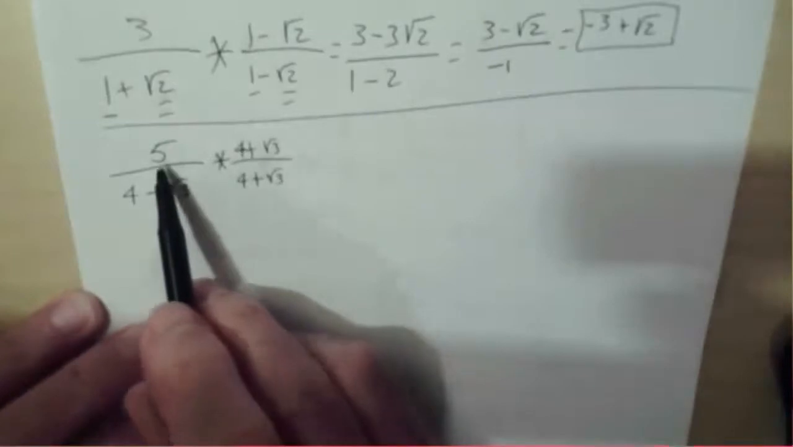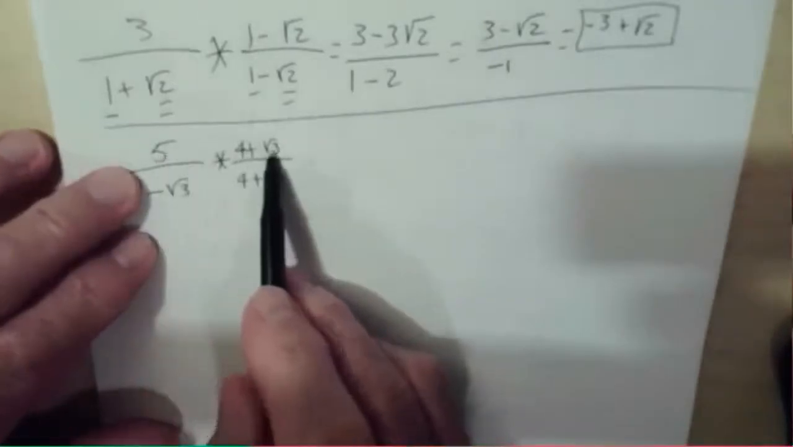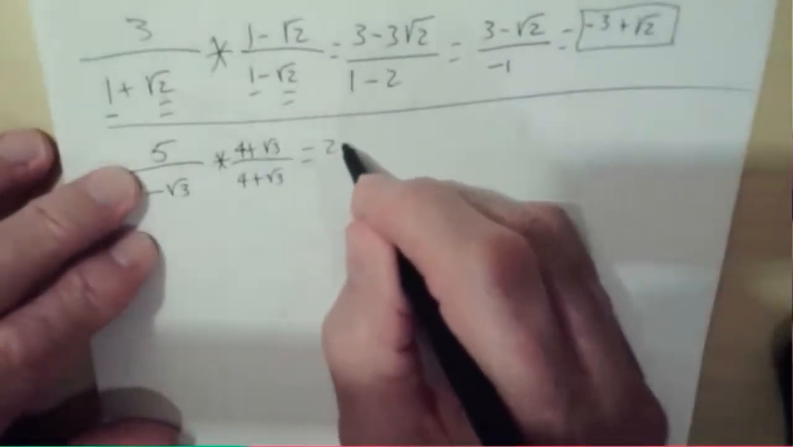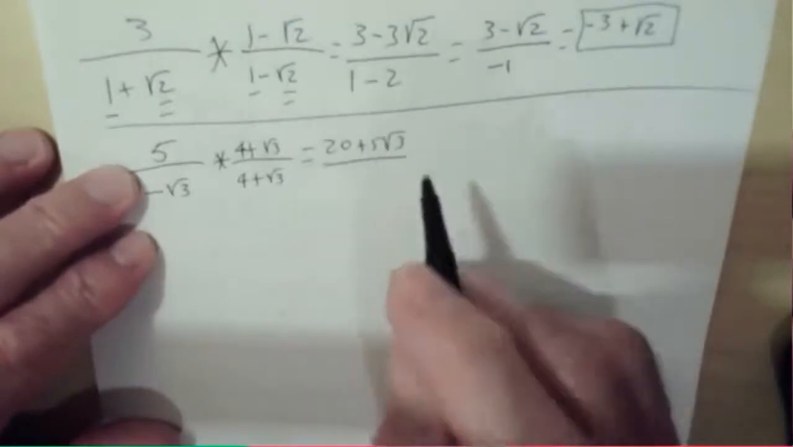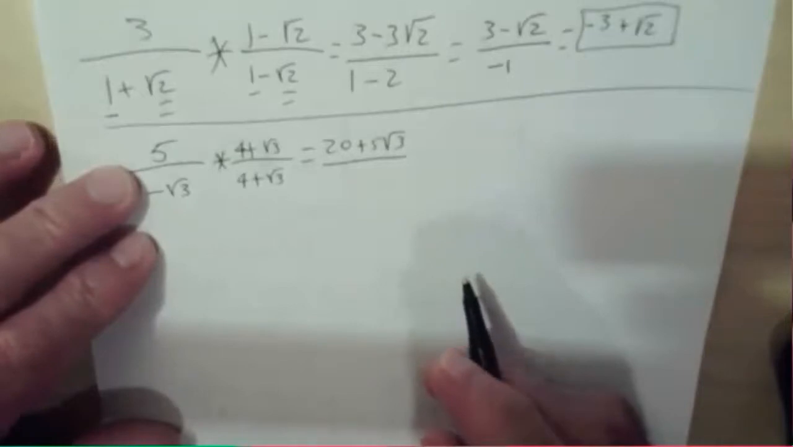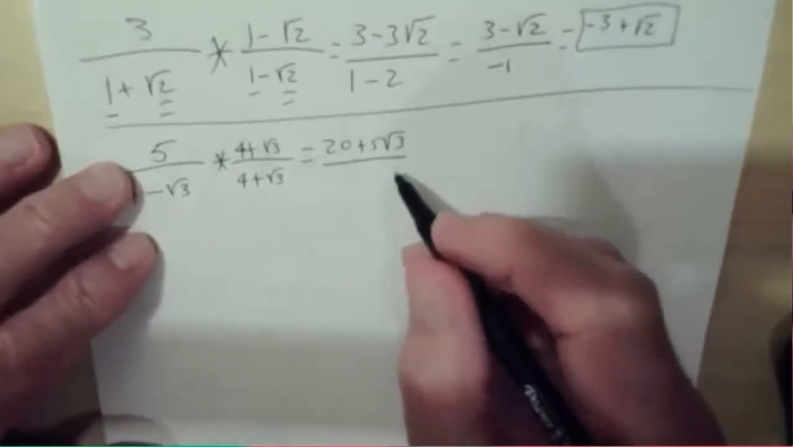Okay, so we do distributive property here. So this is going to be 20 plus 5 square root 3. I just got a message that this meeting is going to end in 5 minutes. So if it craps out here,